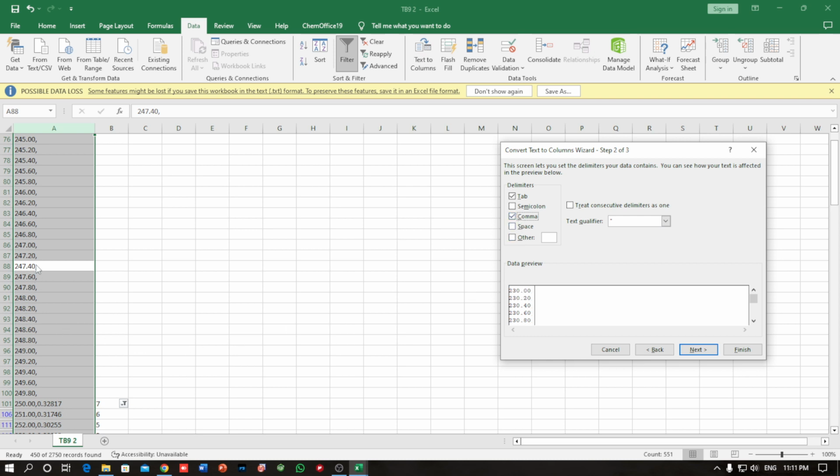If you find a full stop, semicolon or space, then you have to choose the correct one. In this case, a comma is found, so I am clicking, just tick this comma option, then you can see that